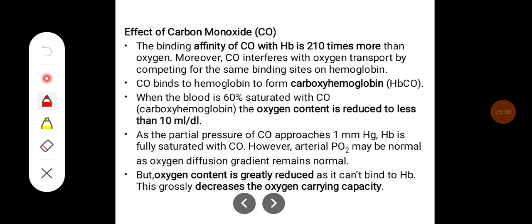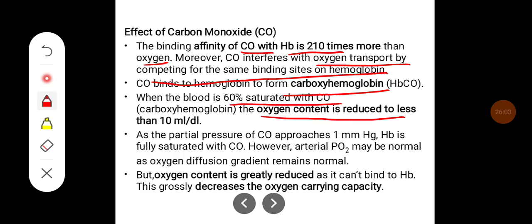Effect of carbon monoxide. The binding affinity of carbon monoxide with hemoglobin is 210 times more than oxygen. Moreover, carbon monoxide interferes with oxygen transport by competing for the same binding sites on hemoglobin. Carbon monoxide binds to hemoglobin to form carboxyhemoglobin. When the blood is 60% saturated with carbon monoxide, the oxygen content is reduced to less than 10 ml per deciliter. As the partial pressure of carbon monoxide approaches 1 mm of Hg, the Hb is fully saturated with the